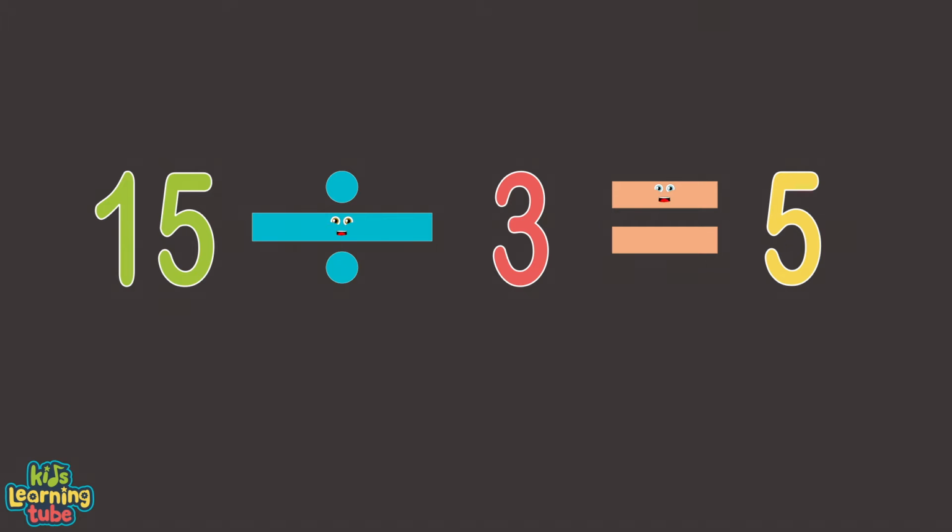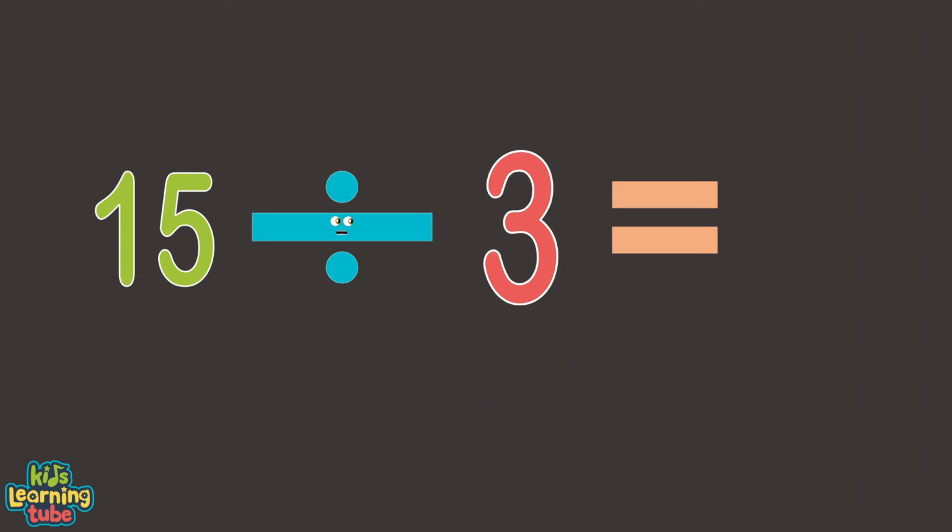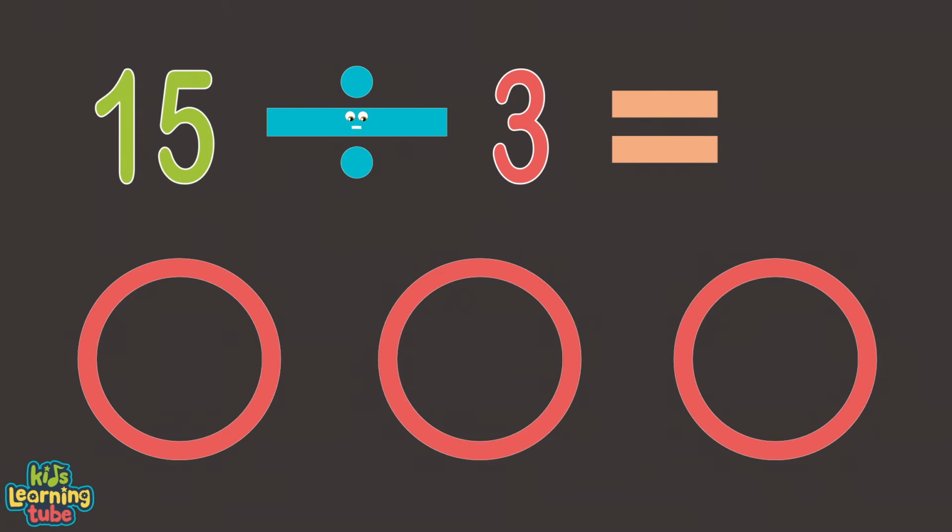Division's amazing, you'll agree. Let's take this 15 and divide it by 3. How many times can the 3 go into 15? Let's find out and see. Let's make 3 circles that represent the 3 and add a single dot in each until we reach the number